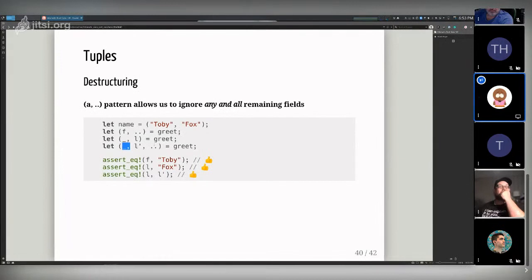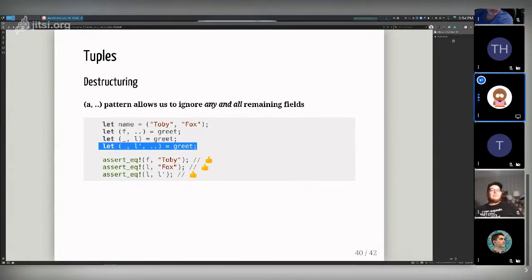And we have this second line can be rewritten as this, right? And so last name prime, these should be the same, right? And they are. And so this is useful for future proofing, and I wish more people would use it, because if I were to add an additional name to this tuple, for instance, if I use the second pattern, all of a sudden that breaks, right? So using the ... here allows us to ignore any and all remaining fields. You can think of it as a schema change, right? This pattern, for instance, won't break if you add additional fields to the tuple.